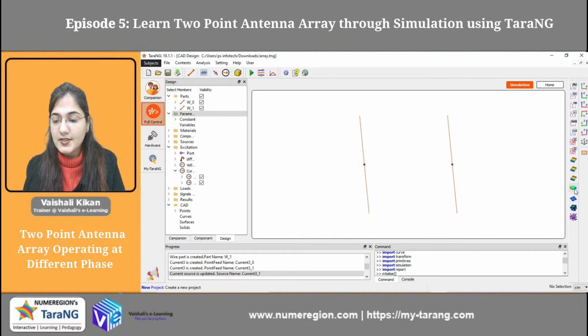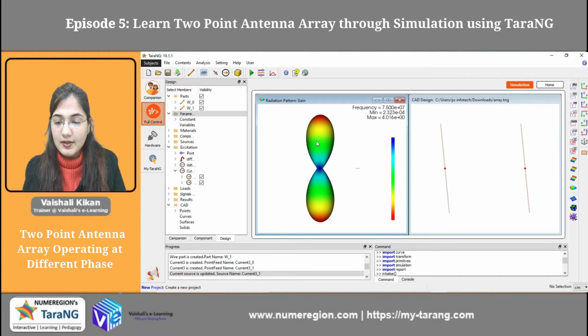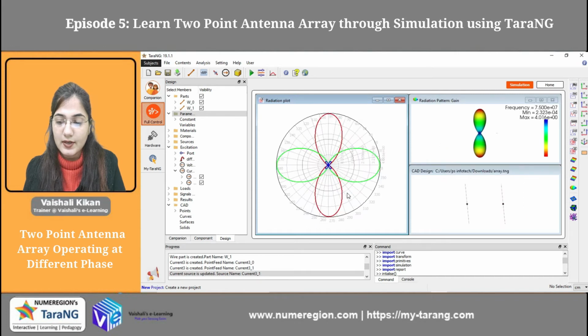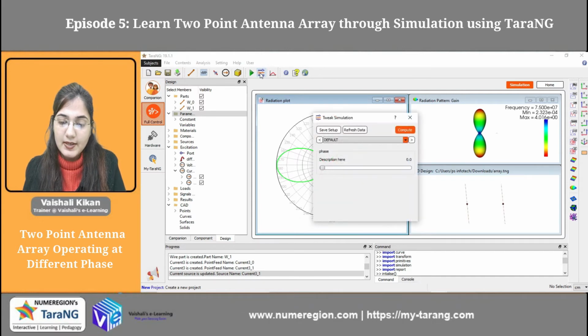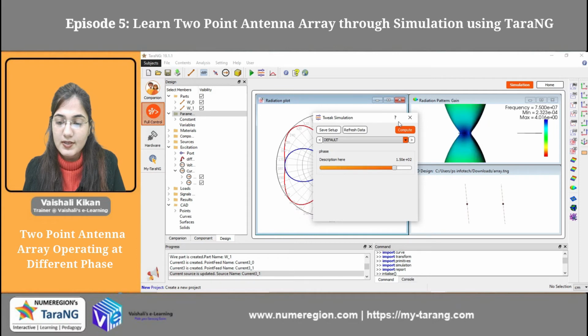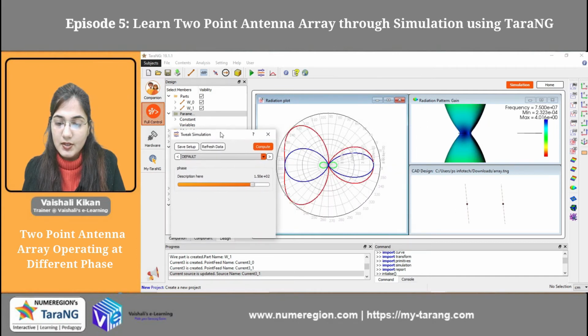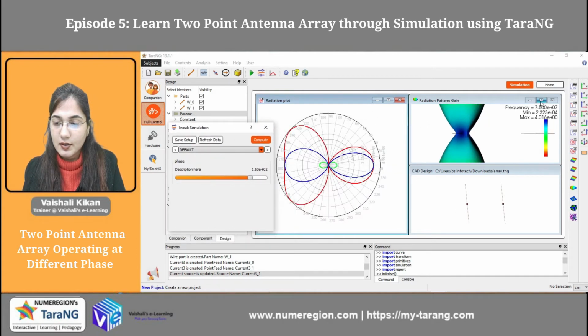So you can see it here. This is the radiation pattern. Okay, this is the radiation pattern for the default value. Default value was 0, so this is the radiation pattern that we are seeing over here. Okay, so now coming to this slider window. This is the option where I will be clicking and I will be getting this slider window. So now I can change the values. You can see I am changing it here.